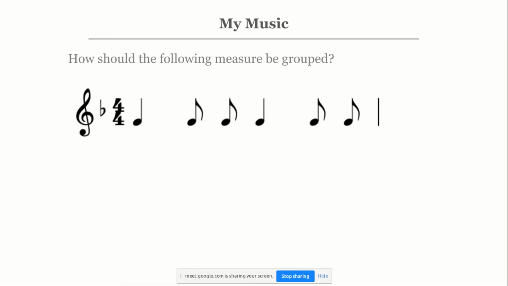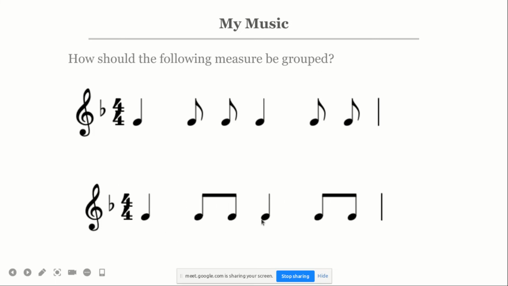So help us arrange this so that we can see the 4 beats clearly by beaming together notes that should be beamed. I would beam the second and third note. Exactly, the 2 quavers form one. Yes, the 2 quavers and the last 2 quavers. Correct. And this is how they will look. Now, is it clearer to see the 4 beats here? Yes. This is the purpose of grouping. That is why we group music, to avoid confusion as you are reading the music. Okay. Is it making sense now?